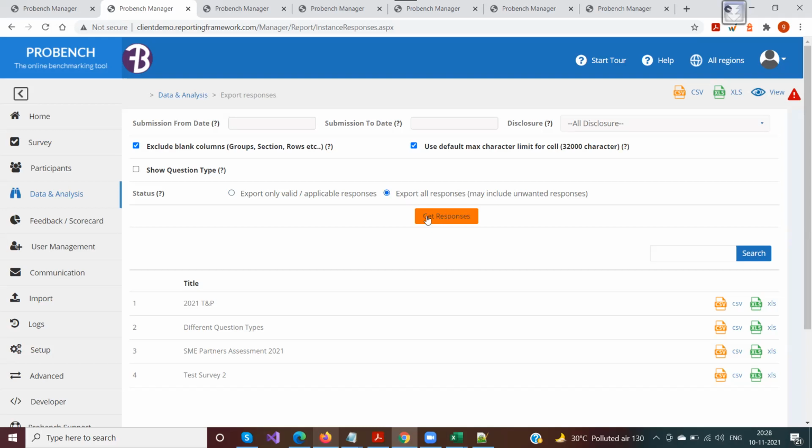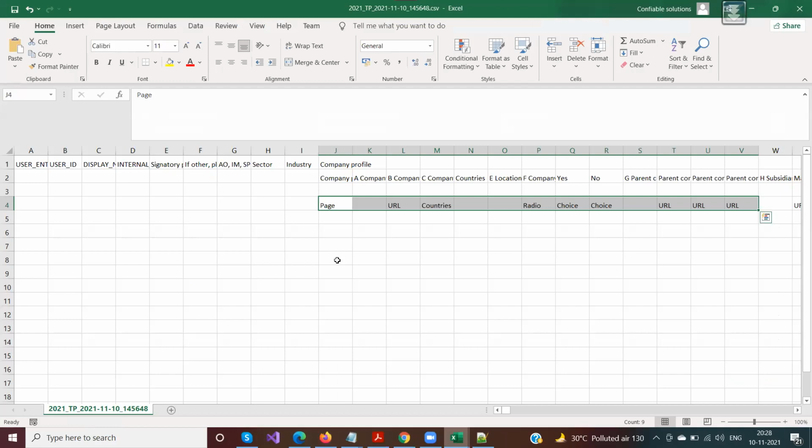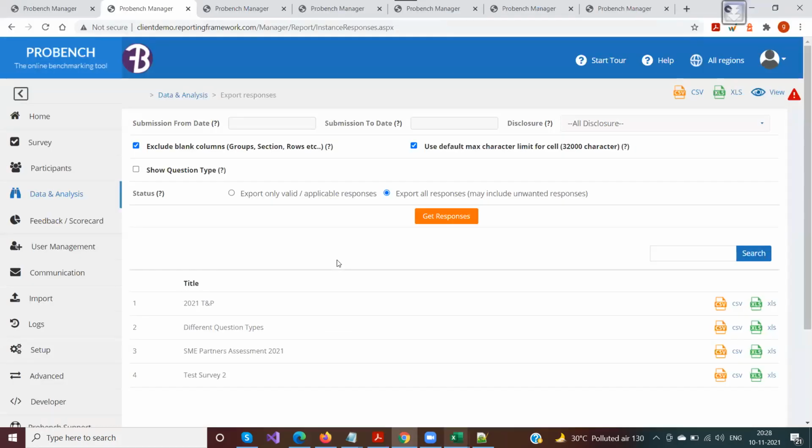After clicking on get responses, all these filters are taken into consideration, and then a file is exported in a CSV or an XLS format. If you see the difference between the data sets and the export responses, the major difference is that data sets are a filtered thing, wherein you can only have the fields or columns that you want for your analysis, and export responses is a complete data dump that you might need for some reasons. That's the main difference between export responses and the data sets. Okay, any questions so far in this?